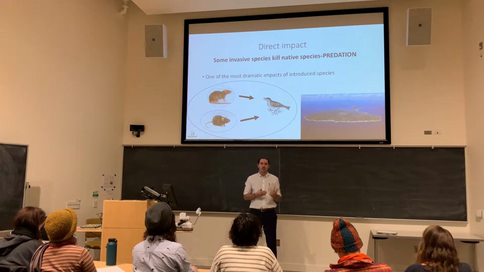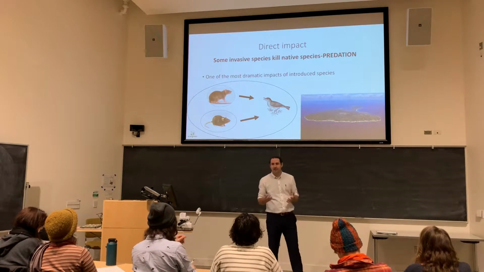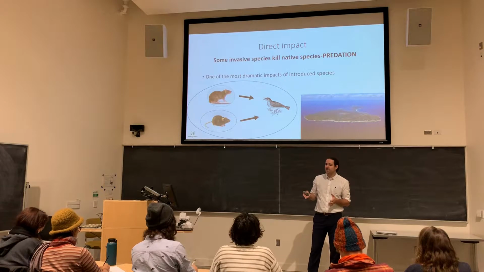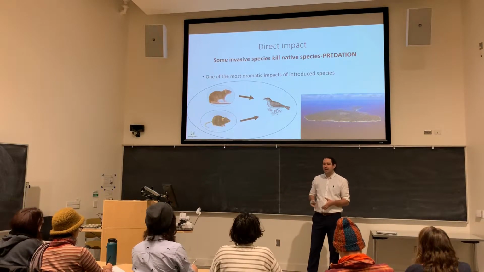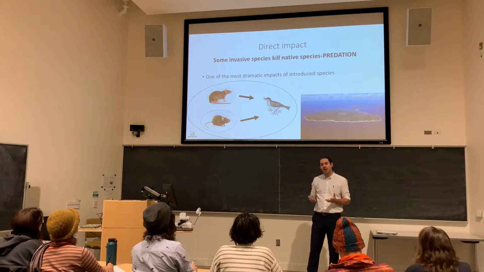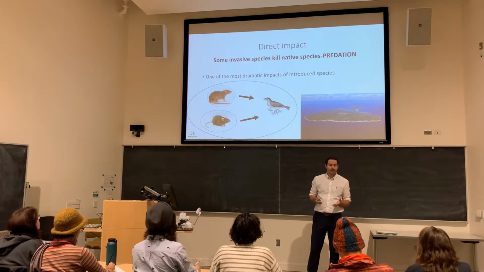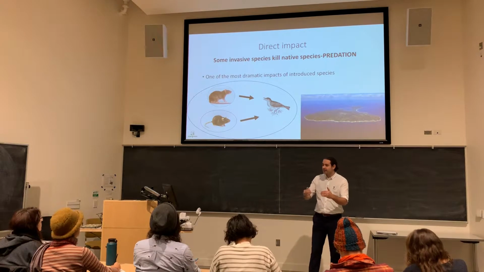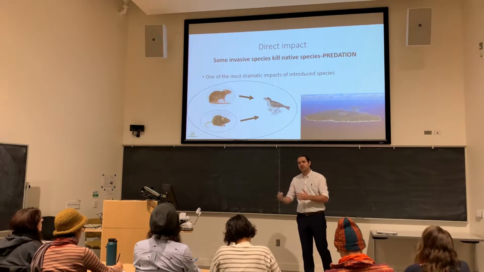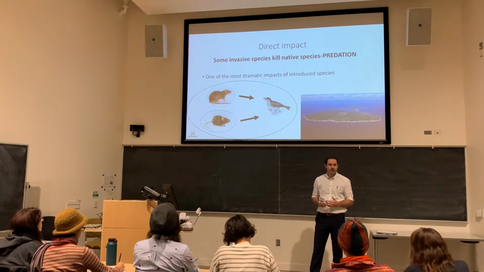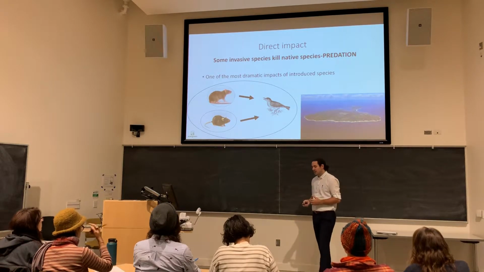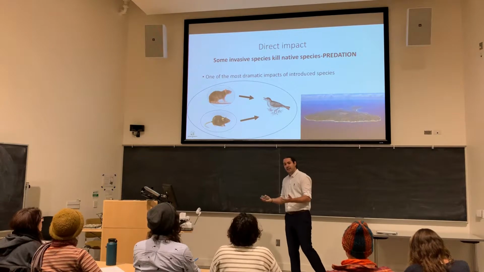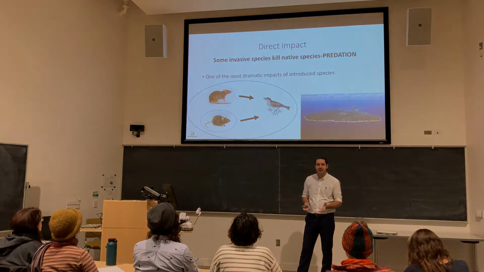Now, going into the impact, and this is important here, we have different types of impacts of invasive species. The most direct that we can think of is predation. So it's when one species directly preys upon another in that introduced habitat. Just like these rodents, in this case, they prey upon the nestlings of bird populations in those closed habitats.